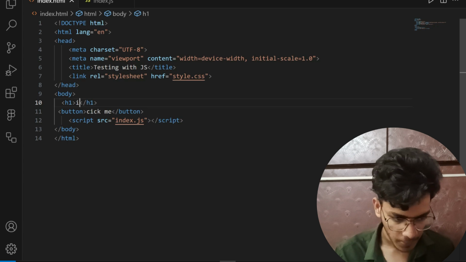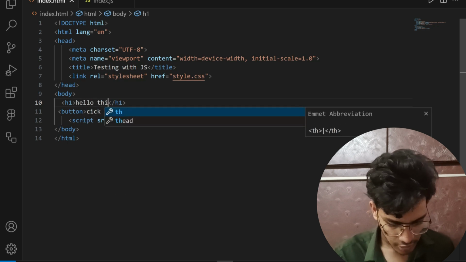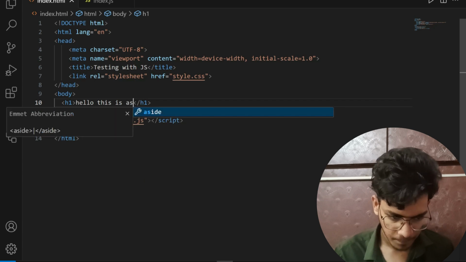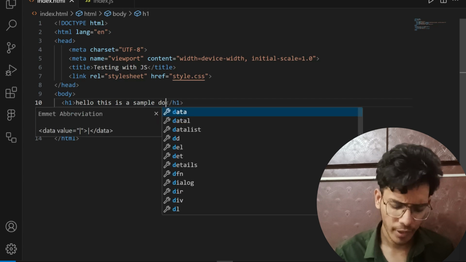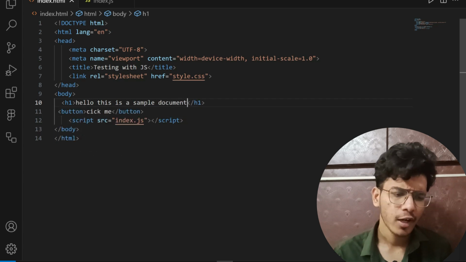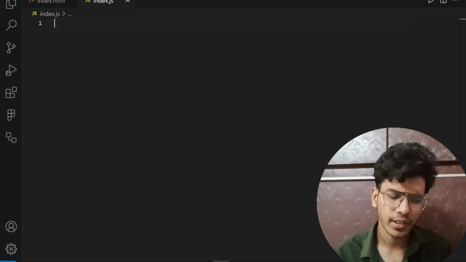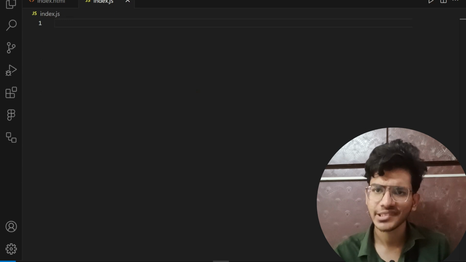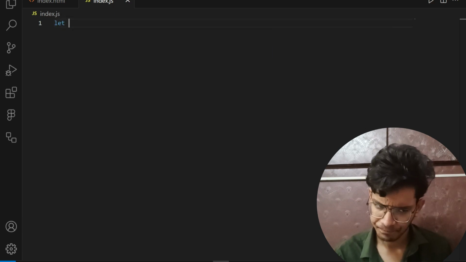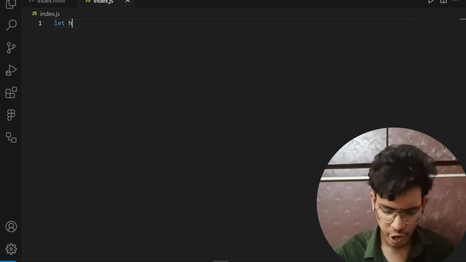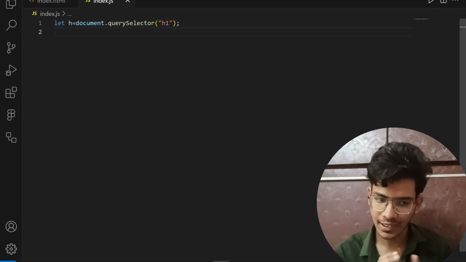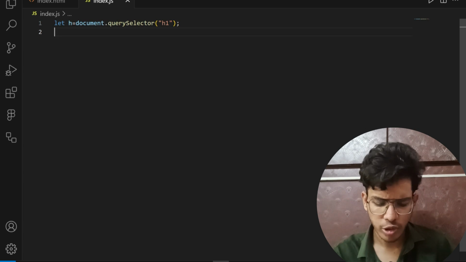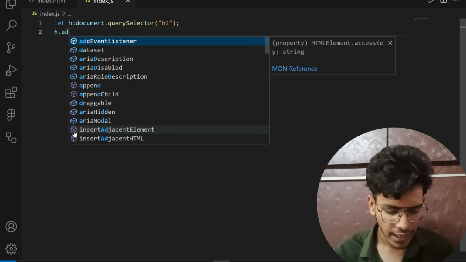In that I will write hello, this is a sample document. Now for this particular element, what I want is I will apply my event listener property. So here I will write let h is equals to, I will select the particular heading, so query selector, and here I will write my h1. After selecting this h document, for this h object I will write add